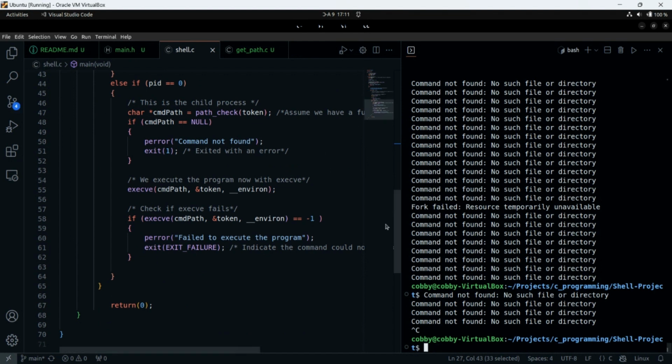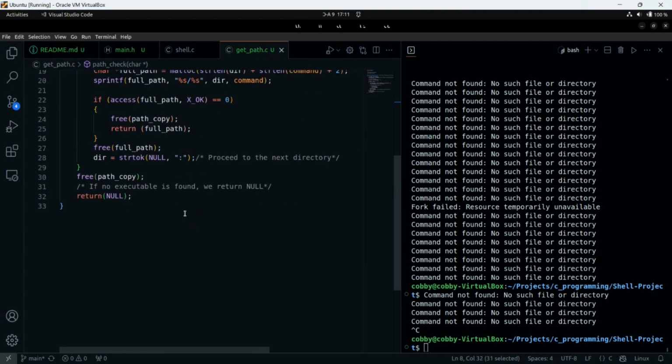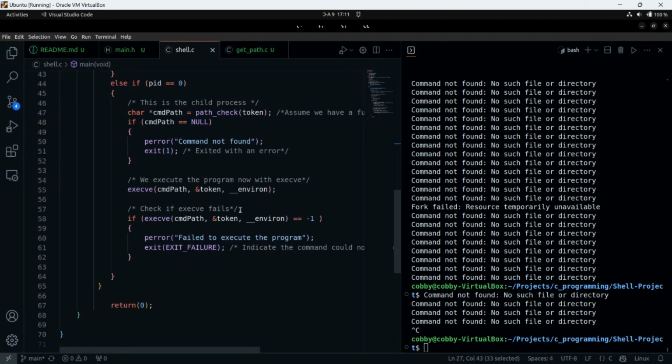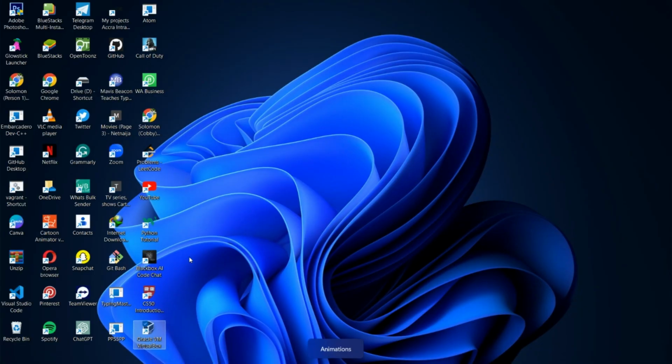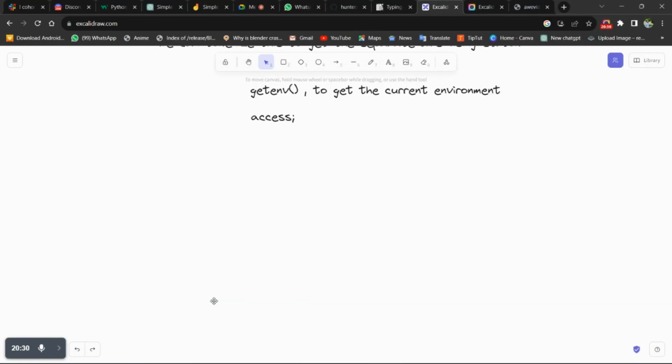But either way, our program is still supposed to work without this. So let's try and implement what is happening next. After calling fork, let's try and implement this. Let me write something for you to be able to understand what is going on here.